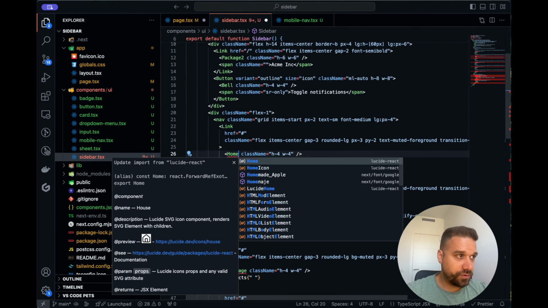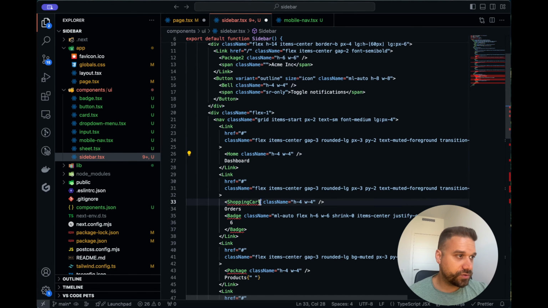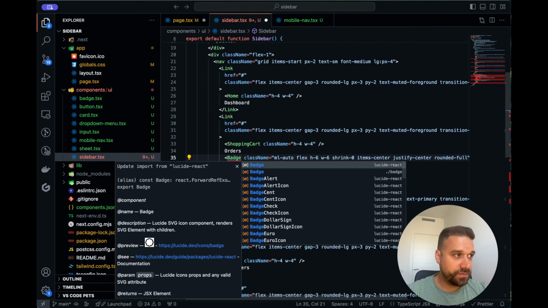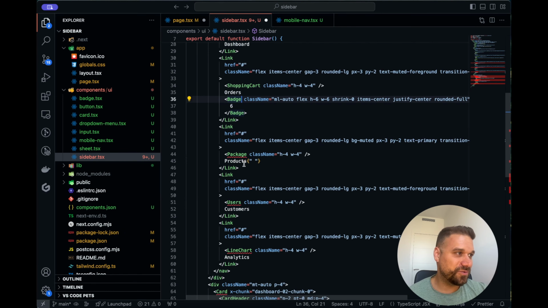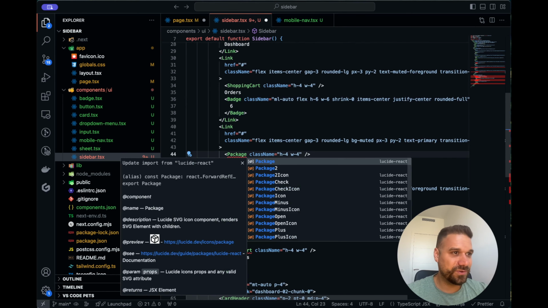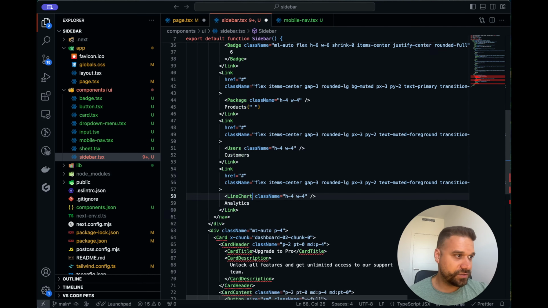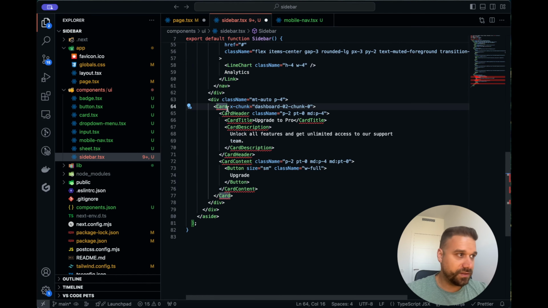Here we have our home icon, then we have a shopping cart, badge that's coming from the components, so don't make a mistake here to add a badge from Lucid React, then you're going to have a bunch of bugs wondering what is happening. Then these are all icons, and line chart is also an icon, and finally again the